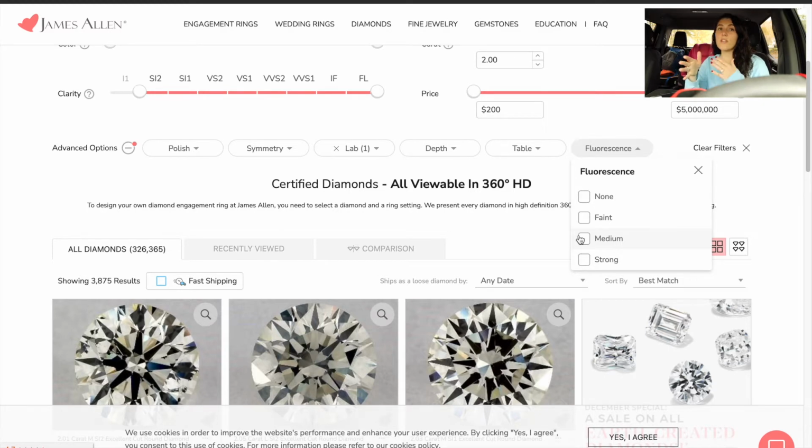And also, this can happen. I've never actually seen it happen, and it is very rare, but it can also make your diamond appear oily or hazy. You can read about it on Google, but anyways,